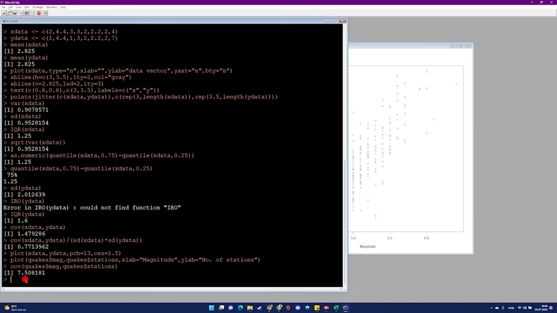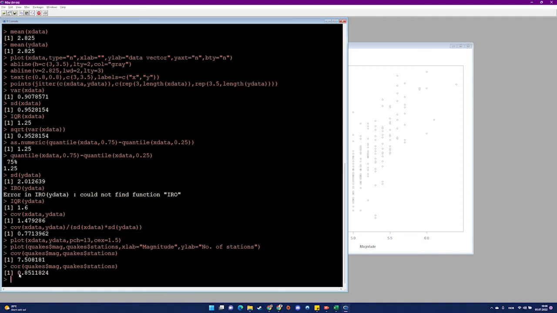We just need to use the correlation function, or cor, and you can see that the correlation is 0.85, which constitutes a strong